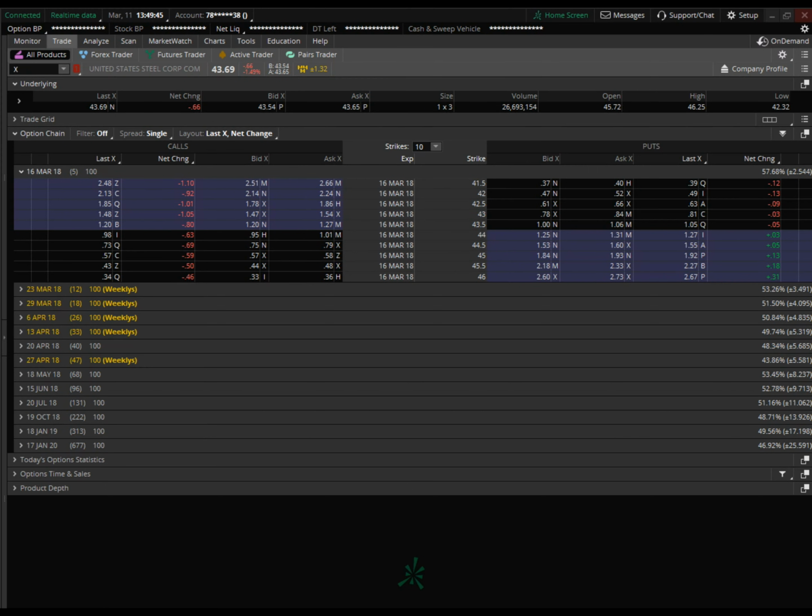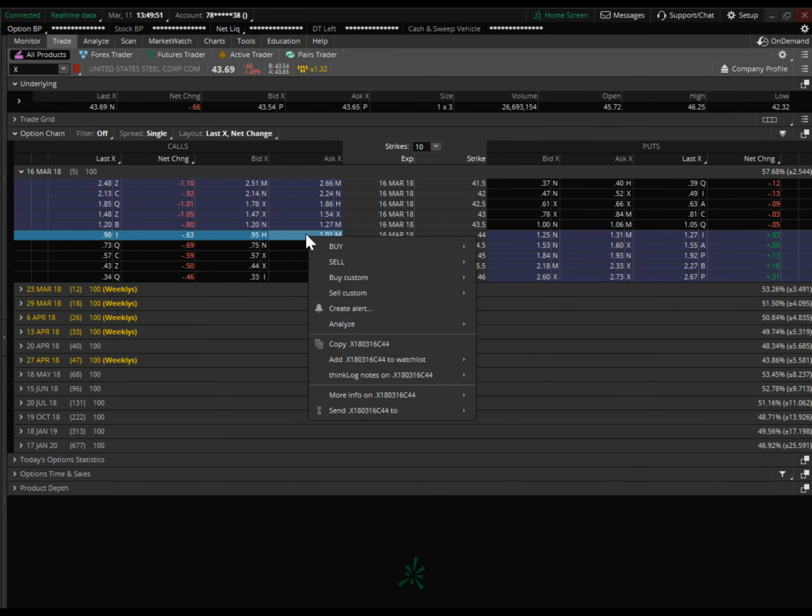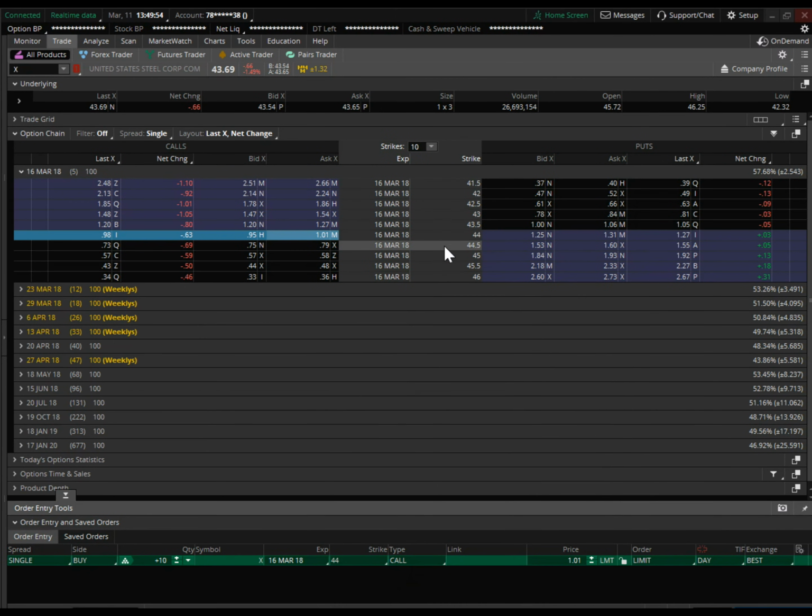Period. For example, let's say I'm looking at buying X 44 calls, right? So I go in to place my buy order, and I'm going to have a condition for Thinkorswim to buy these calls when X hits, let's say, a support level of $43. Okay. When you go down to the order menu, where you have the quantity where it says 10 contracts, if you hit the value of units here, next is going to say percent. After percent, it's going to say price. Boom. There you go. $500. So you can now preset here the amount of money you want to invest in the 44 calls,